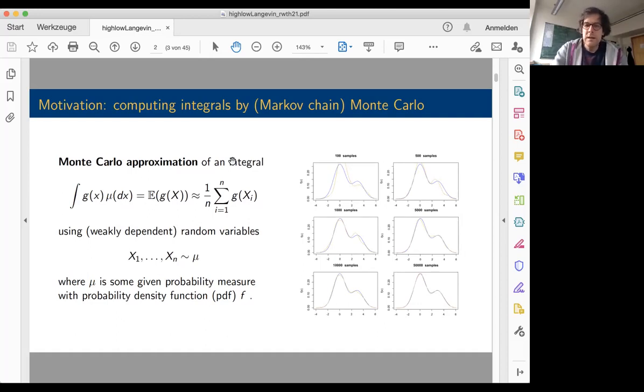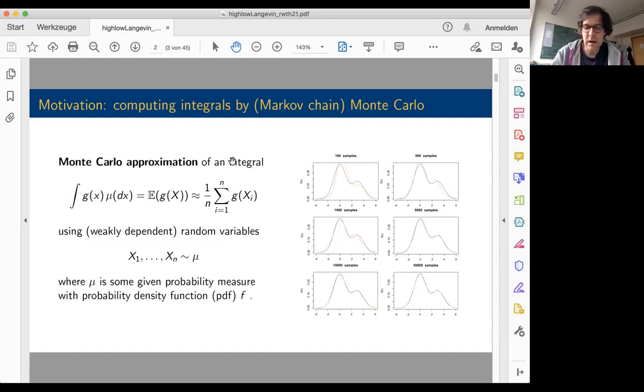And so this is sometimes tricky when you have distributions mu that have a feature called multimodality. If you have a probability density function with multiple modes, then the sampling method typically has difficulties flipping between the modes. It's very simple to sample a single mode, but once you have to switch to another mode, the Monte Carlo sampling method may get trapped. And so you may ask, hey, why do I want to do Monte Carlo if this is such a big